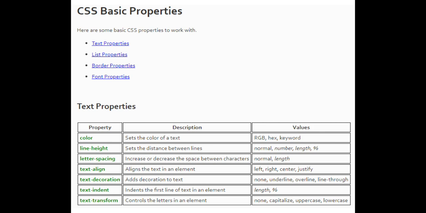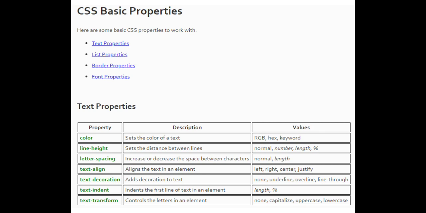Letter spacing increases or decreases the space between the characters, so we can give normal or length. Text align sets the alignment of the text: left, right, center or justify. Text decoration adds decoration to the text: none, underline, overline, line through.